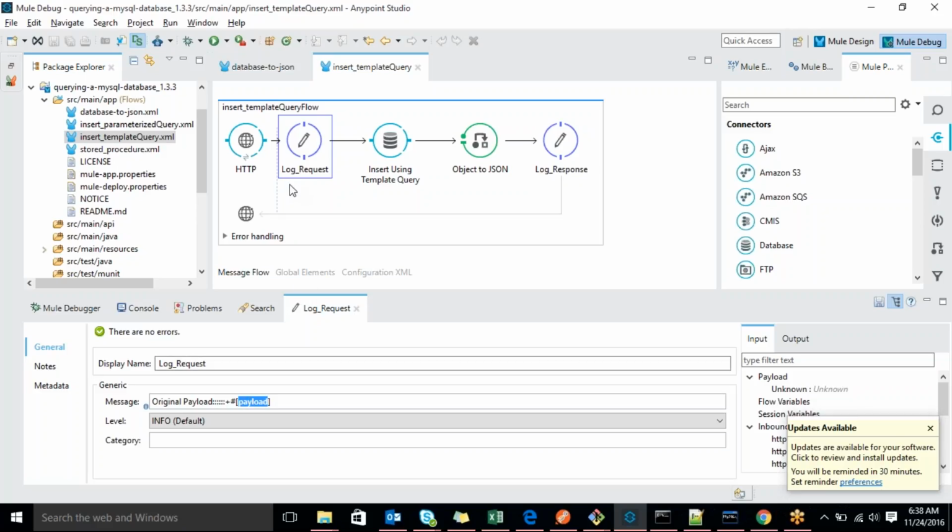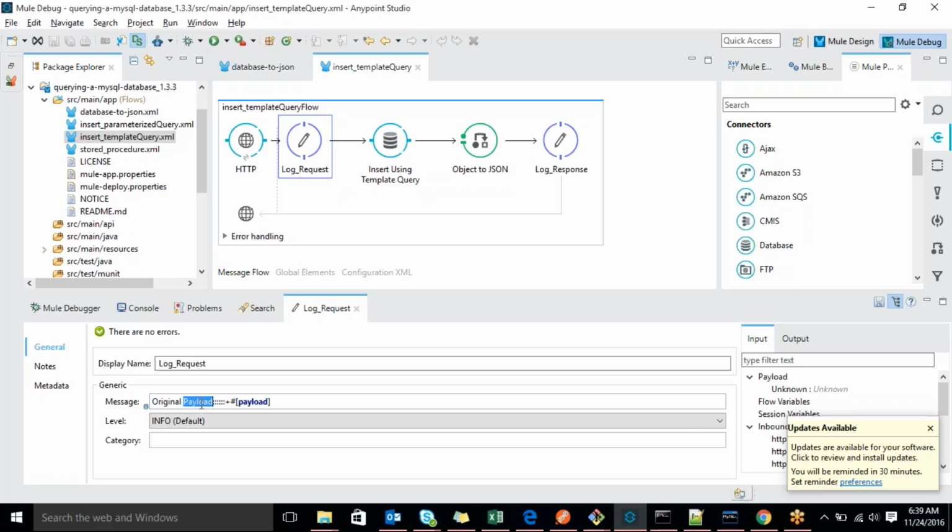So this logger also plays a big role. Sometimes, after deploying the application into the server, if anything happens, we go through the logs. That time, we have to keep meaningful logs. Then you can see in the logs where it failed. So while implementing the flow, you have to keep proper logs with this type of symbols, so that while seeing the server logs you can identify where it exactly breaks.